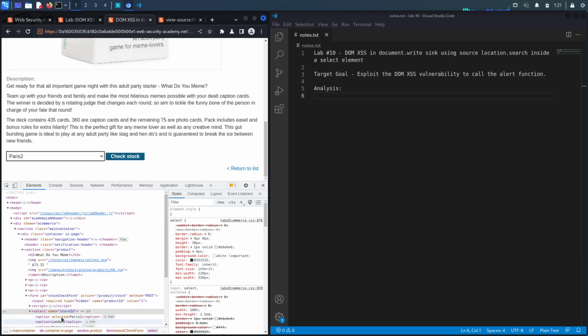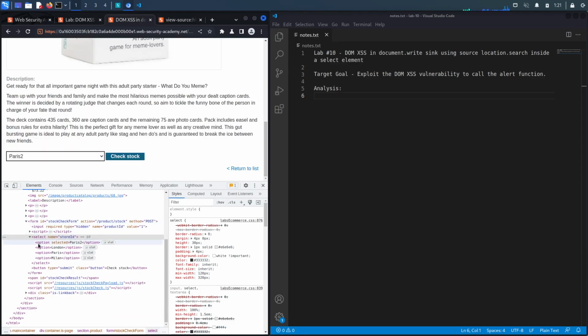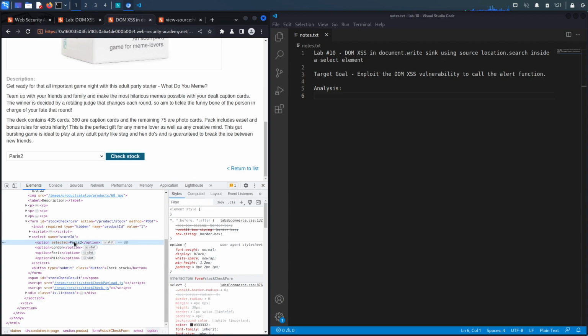So if we go back over here, this is the select element that it's creating. And then we've got the option selected, Paris2, and then option. So let's copy this if it allows us to copy it. And it does not. So essentially over here, whatever we put in the store ID parameter, so let's say Paris2, gets saved in the following manner. So we've got option, and then over here, we'd have option selected. All right, so the idea over here is we need to break out of the first select statement and